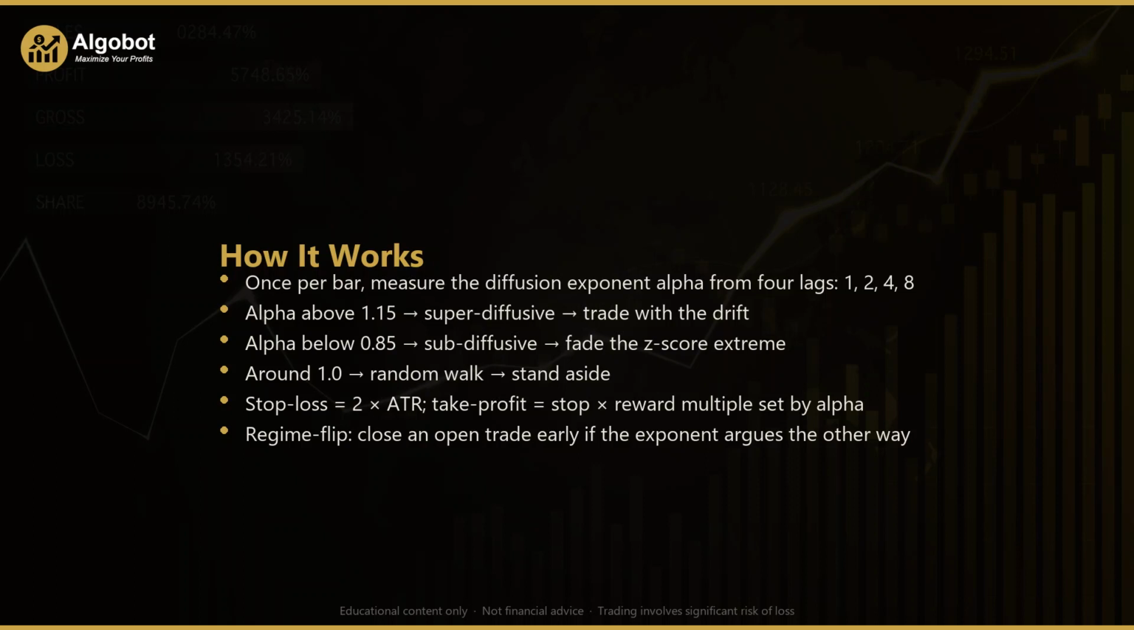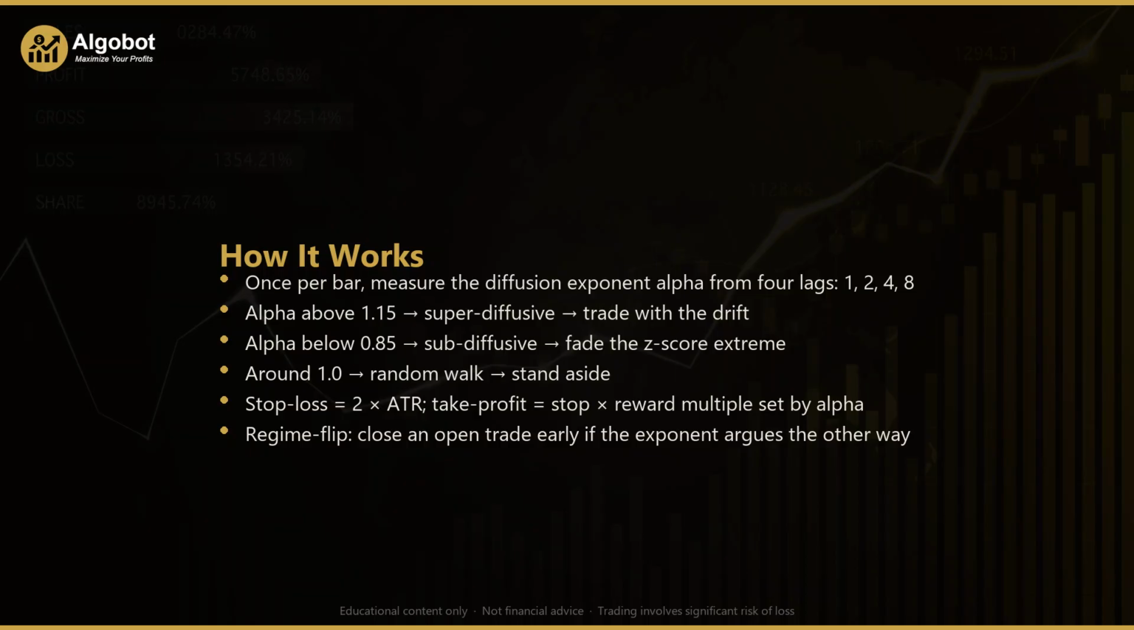In a plain random walk, that displacement grows in direct proportion to the lag. The strategy fits a straight line through those 4 points on a log-log scale, and the slope of that line is alpha. That one number sorts the market into 3 states. The neutral half-band, called ScalingBand and set to 0.15, defines the middle ground. If alpha rises above 1 plus that band, above 1.15, the market is super diffusive, meaning moves are compounding,